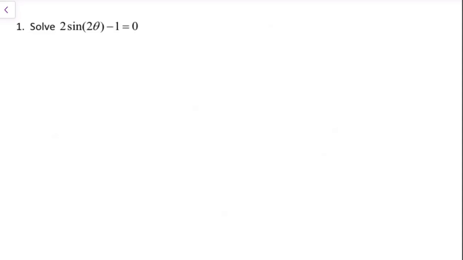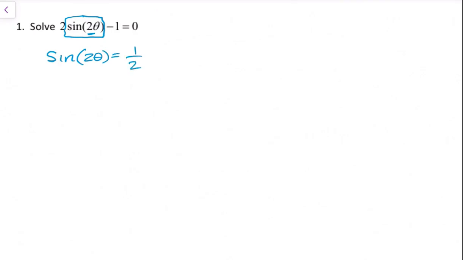We continue our discussion of solving trigonometric equations, and the two examples in this video involve an argument on my trig function which is not just a theta, so how to handle that. So we start the same way we've done all of our trig equations, by isolating the trig function. If I add 1 and divide by 2 to both sides, I get sine of 2 theta is